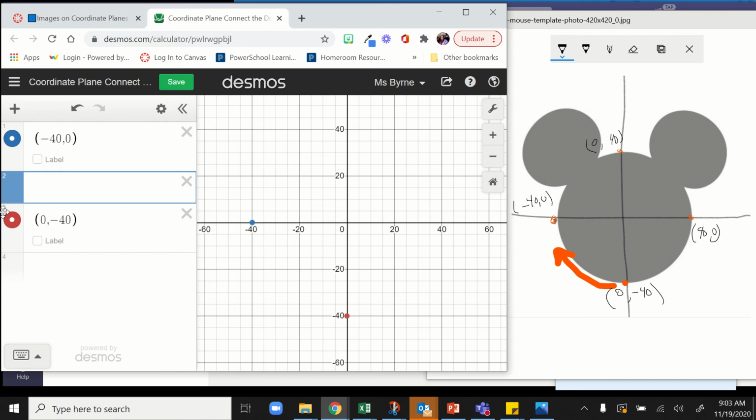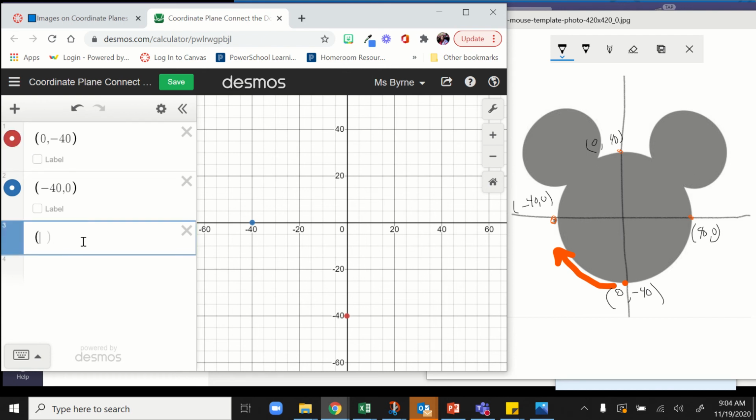I messed up earlier. If you can drag these though, so if you actually want them to go this way, you could just drag them around and change it. So let me put all these in really quickly. Notice that as soon as I put it in, it tells me